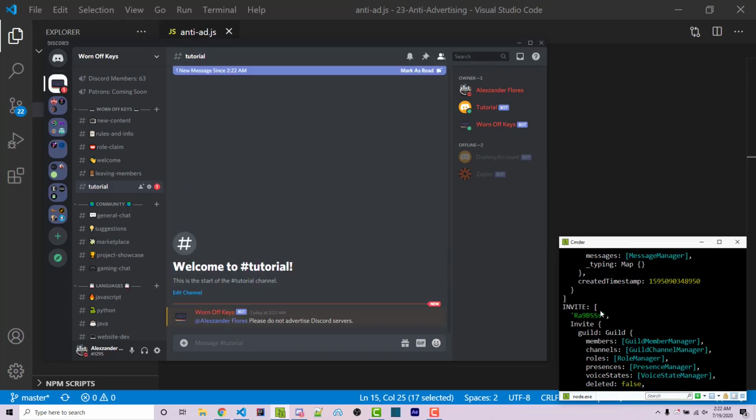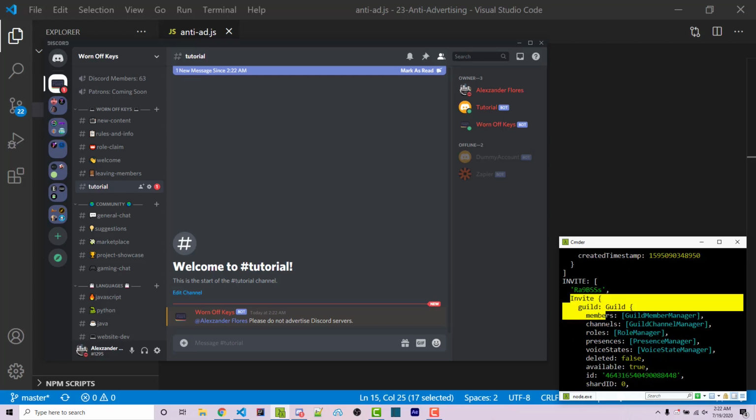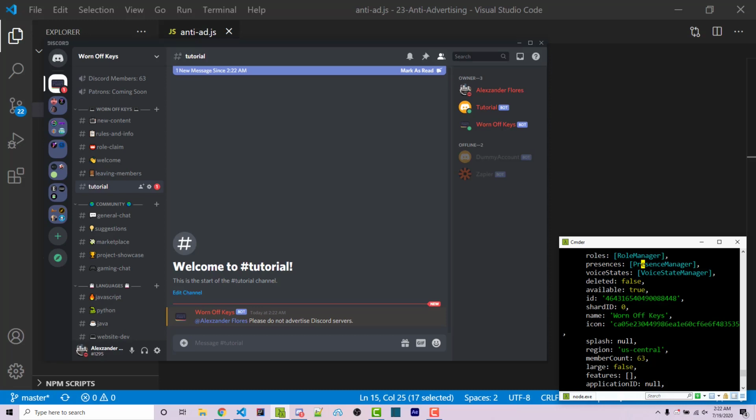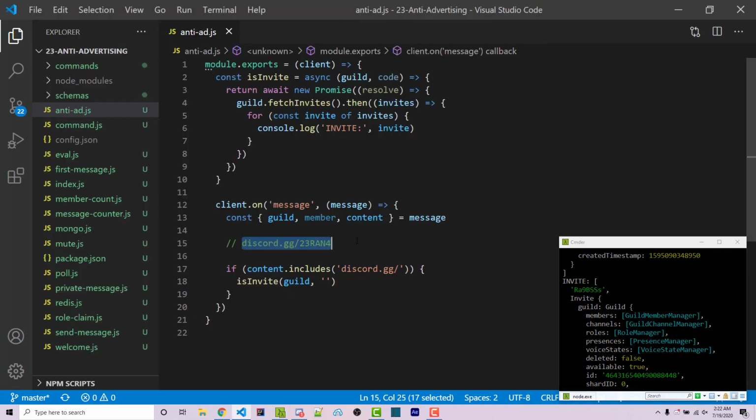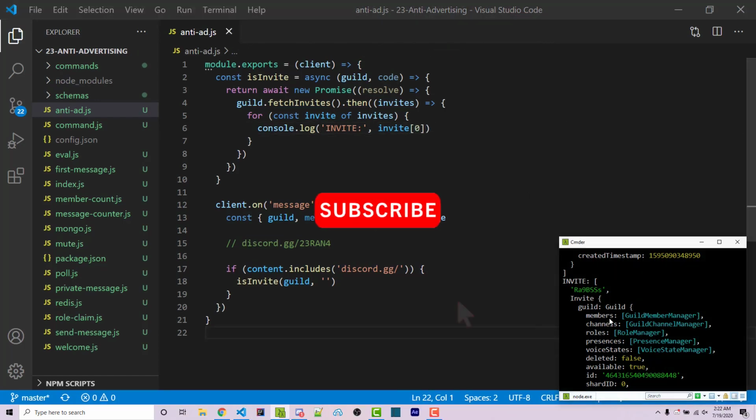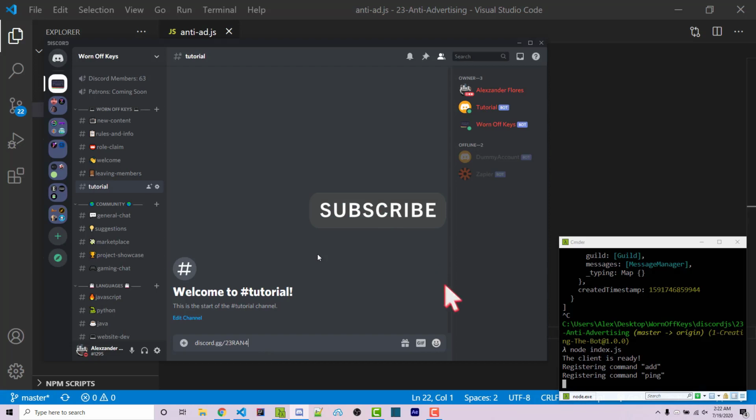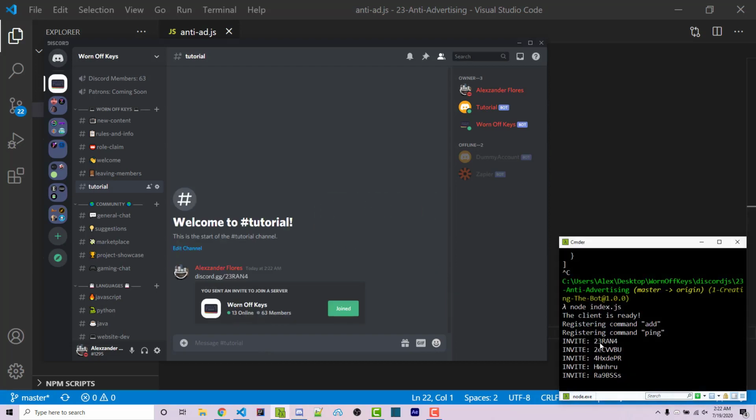Right here is invite. Now you see that this is an array with the first element being the actual ID or the code. Now the second element is going to be the actual invite, which holds some information. And we'll look at some of this stuff in future videos, but for now, we just care about the first element. So we can actually change this to invite index 0. Now if I save and restart this, I can then paste in this again, and we see the actual invite